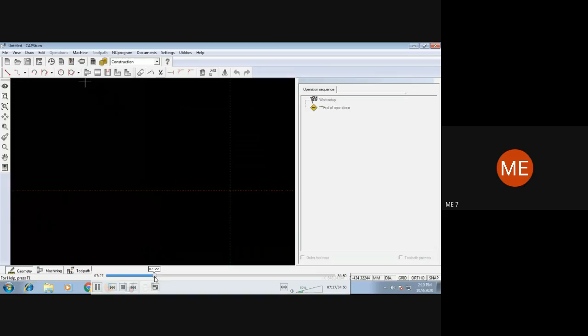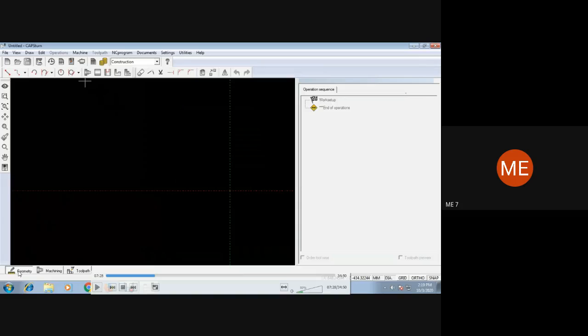Yes, click on OK. Now here we have three things: geometry, machining, and toolpath. Here onto the bottom left corner, just like in Excel, we'll have sheet number 1, 2, 3, 4, or even in Solid Edge. Just like that, here we have three tabs: geometry, machining, and toolpath. In the geometry tab, we'll be able to only draw.